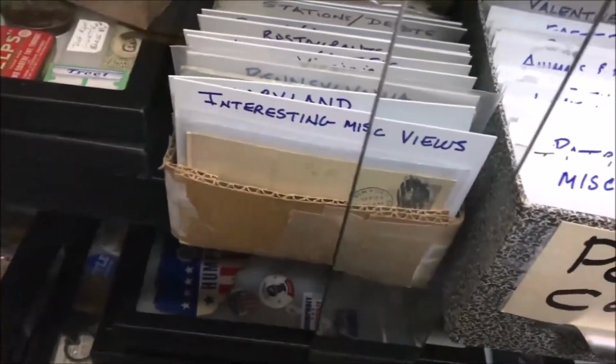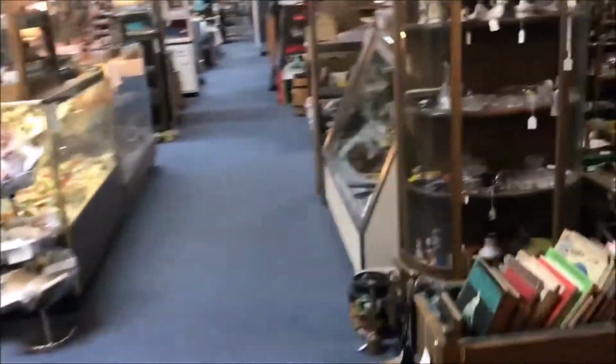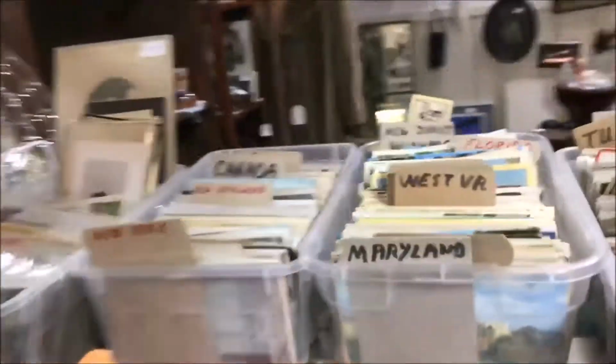Normally when I'm shooting these, I just do a real quick glance and then shut the camera off and go through it. And you know my feelings about cards inside of locked cases. I don't like them. But at this booth, they had some nice cards up front for 50 cents. So I went and got the person who runs it and got the key, and it took me about half an hour to go through that box, and they had 50-cent cards locked up in a case. So I come across another